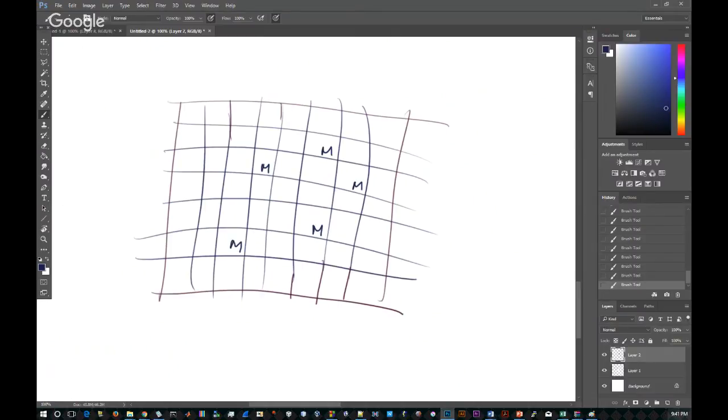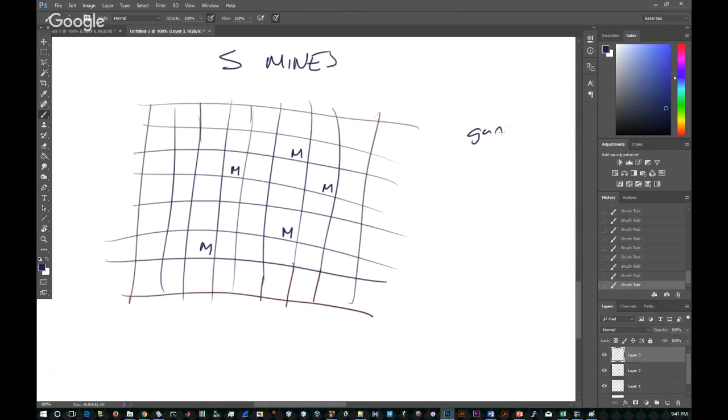Okay. So we've got 5 mines on the board. In our game variables, mines, or mine, I can't remember what it's called, is 5. And that's going to stay 5. It can't change. Now, the mines flagged